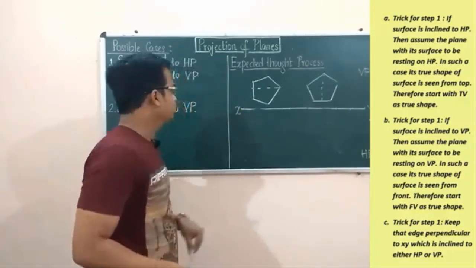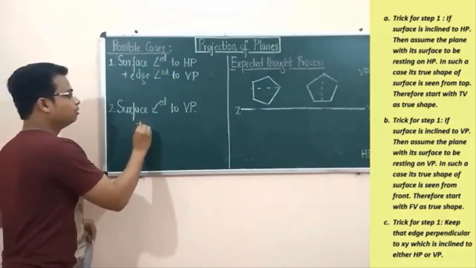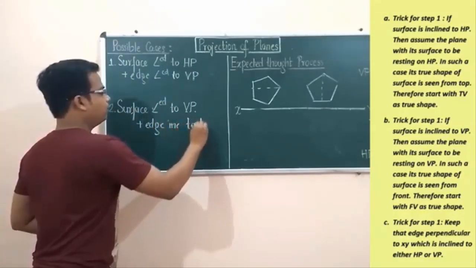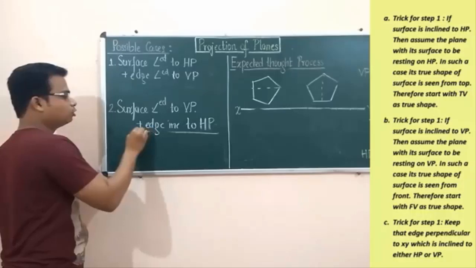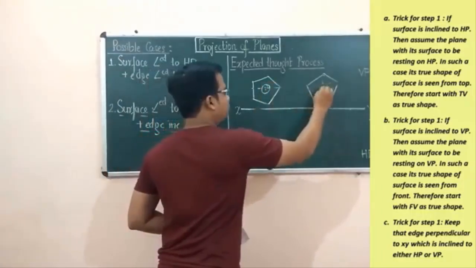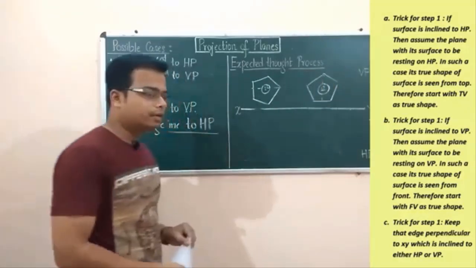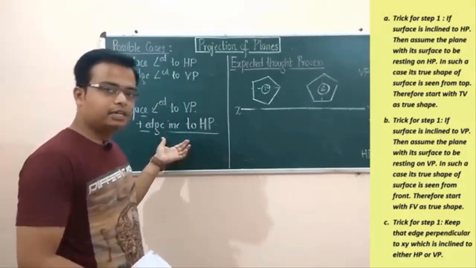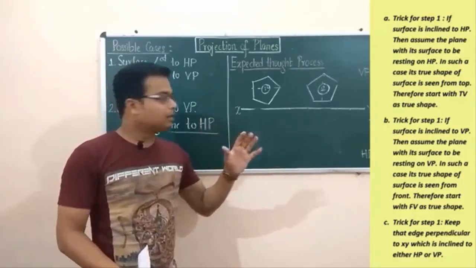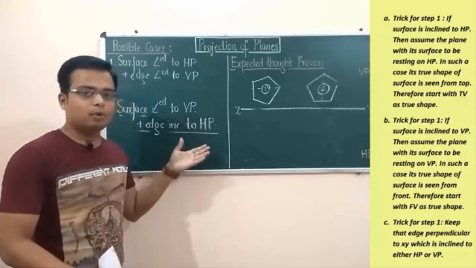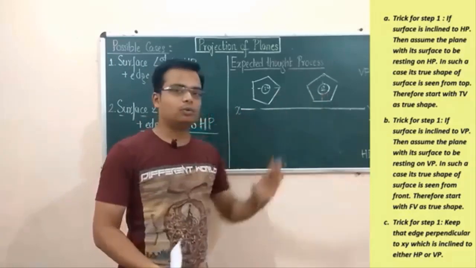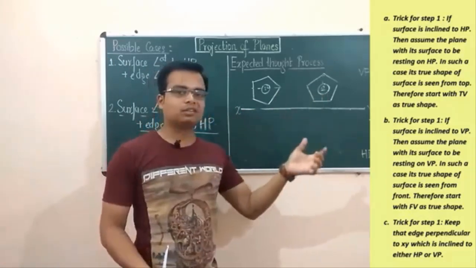Okay, fine. Now let me add something: plus edge inclined to HP. Now if there is this condition also along with this one, what shall be the correct option? Whether option 1 is correct or option 2. This is something that you need to work out. As far as edge inclination is concerned, it actually happens in step number 3. So what kind of an impact is this edge inclination going to have in step number 1? That is something that we're going to be working out. Again, you have two options, option 1 and option 2. Which one of these options is correct?